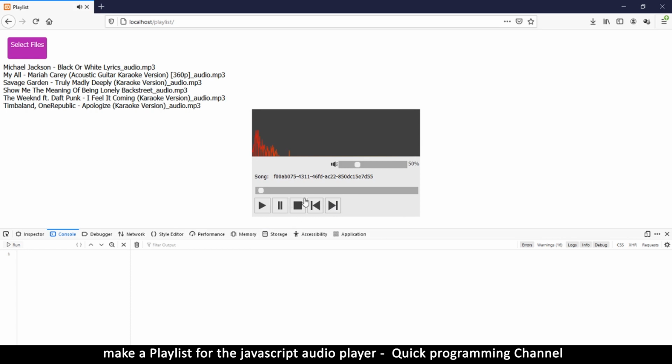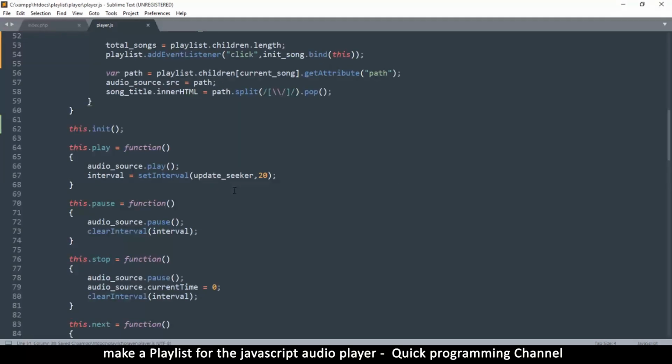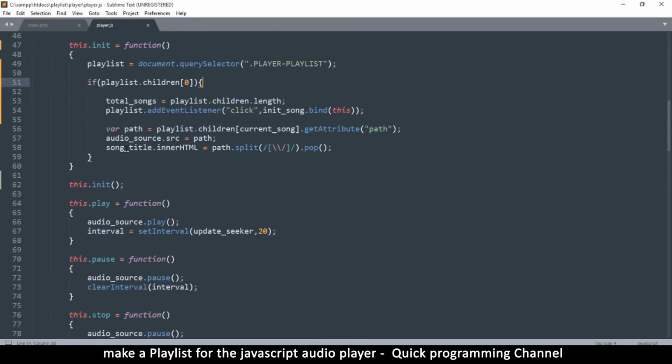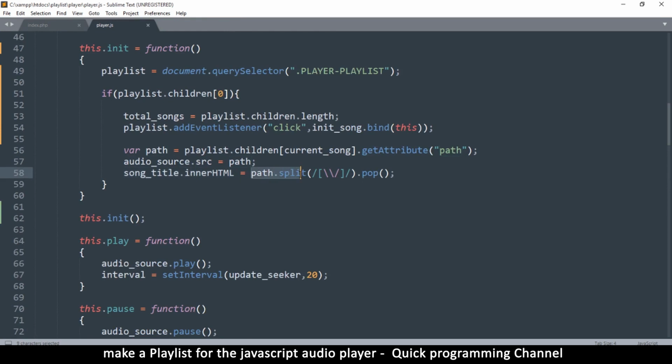Okay, very good. Things are looking good. The only thing is the file name here is gibberish because the file name is just a blob now with a random file name there. So to fix this problem, we can simply change from, where is this? There's a function here that shows the file name, song title right there. Song title innerHTML is equal to the path dot split. Okay, so instead of getting the path itself, we're just going to get what's inside the playlist dot current song